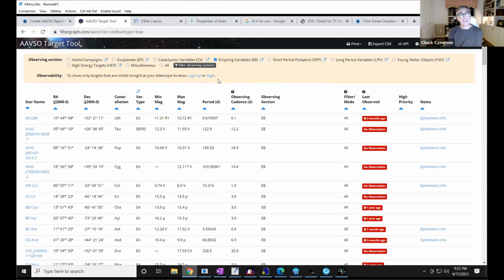And if you actually log in, I'm not logged in right now, it'll even tell you based upon your position when it is going to be visible. So it really helps you from a planning perspective, so you're not trying to figure out where that star is and whether it's going to be visible for me. All right, so this is one way of trying to figure out what you might want to do from a project perspective.